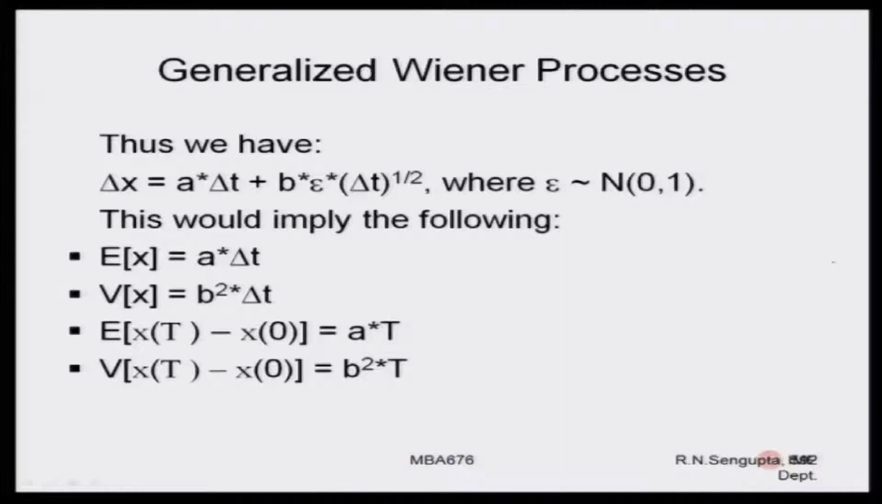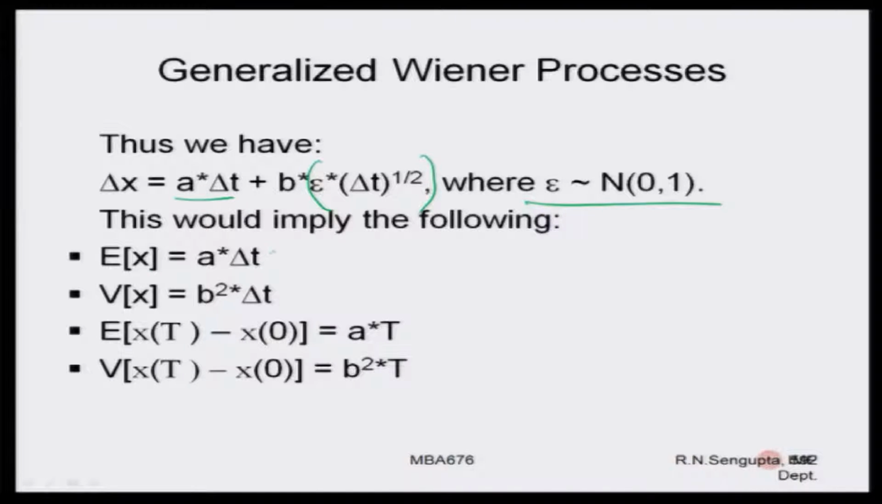Thus, we would have that if you consider the generalized Wiener process, initially you definitely had a into delta t, then in the second term you had b into delta z. Now this delta z has been replaced by epsilon into square root of delta t, where epsilon is normal 0, 1. If we continue this, and try to find out the expected value of x